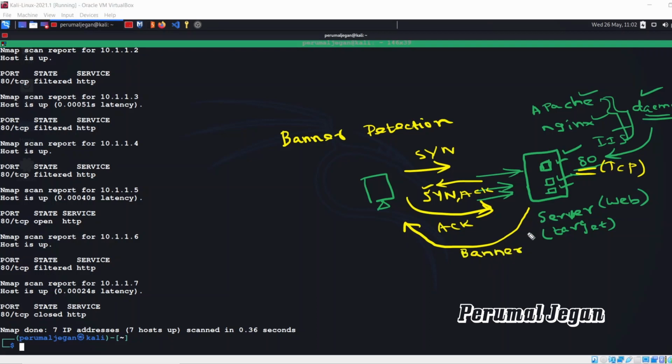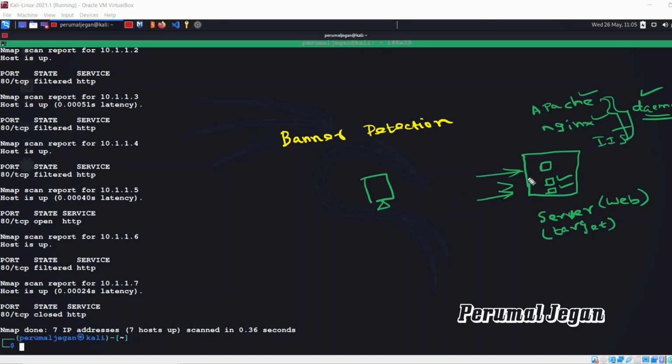Banner is nothing but some information about the service running on our port. Once it grabs the banner, the host terminates the connection. It simply sends the reset flag to the target.